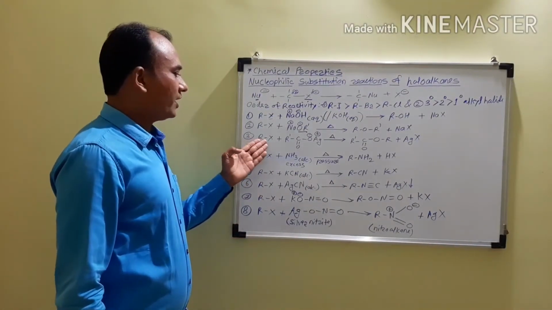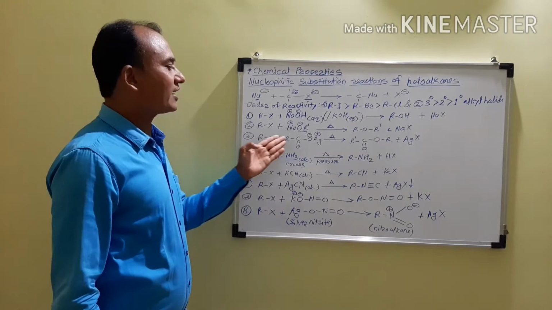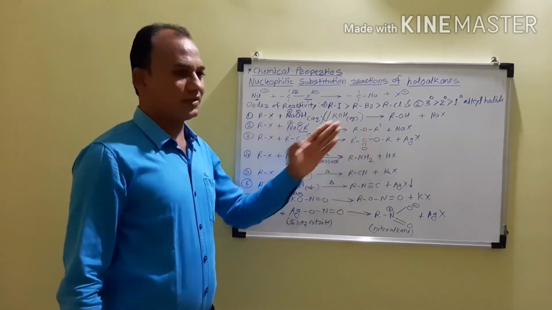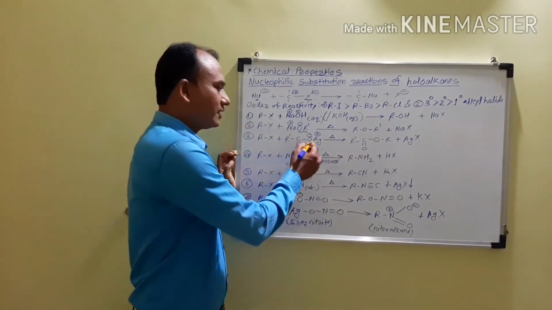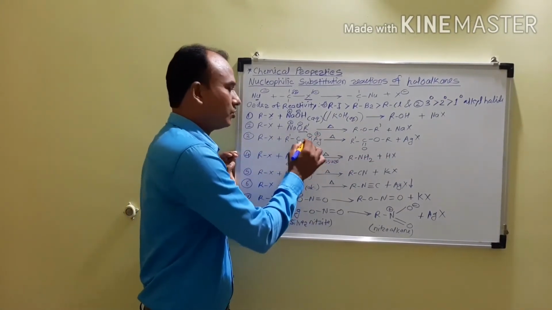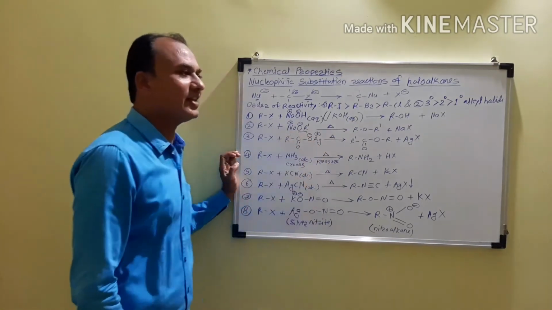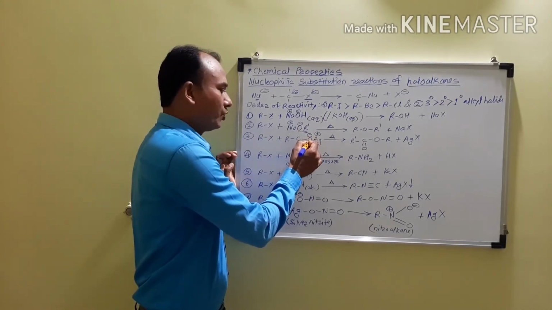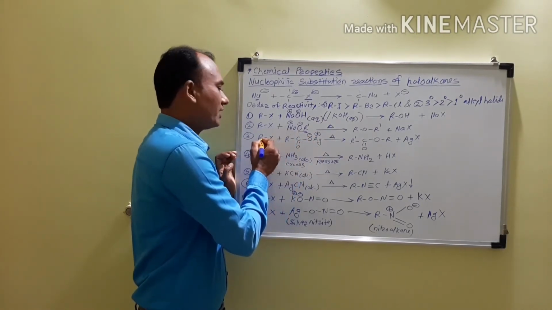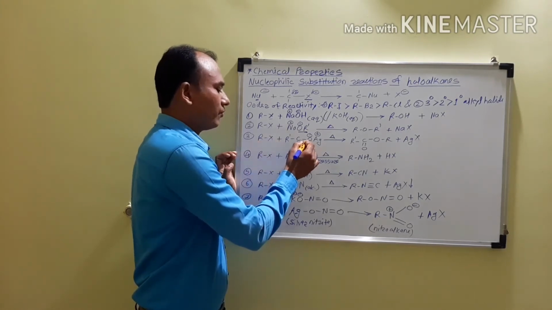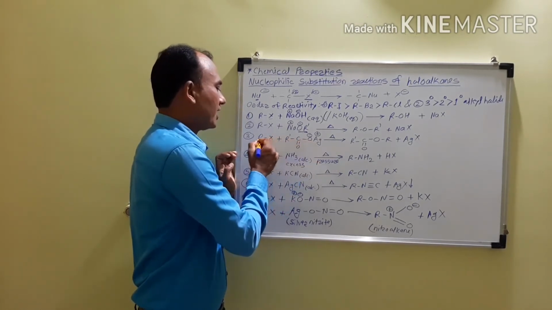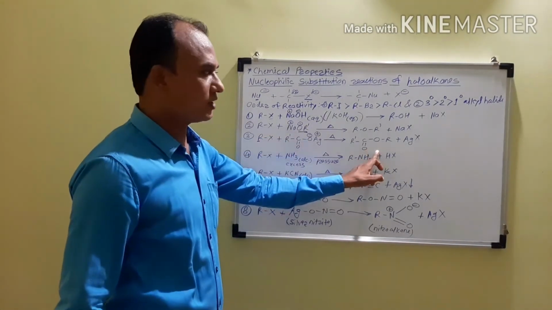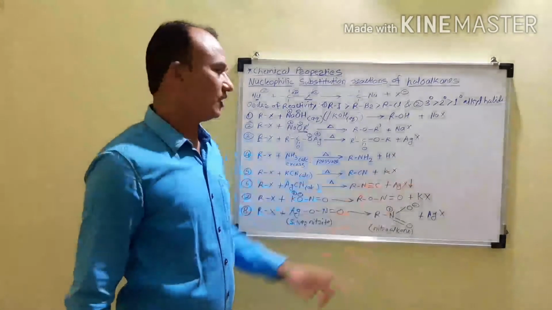The third example is when alkyl halides react with silver carboxylate, it gives the ester and the salt. Now when we consider silver carboxylate, silver carries a positive charge and this carboxylate ion carries a negative charge. Therefore this can act as a nucleophile. This nucleophile attacks the carbon atom of the alkyl halide, and then there is formation of a bond between this carboxylate ion and this alkyl group, and the halogen leaves to give an ester and the silver salt.